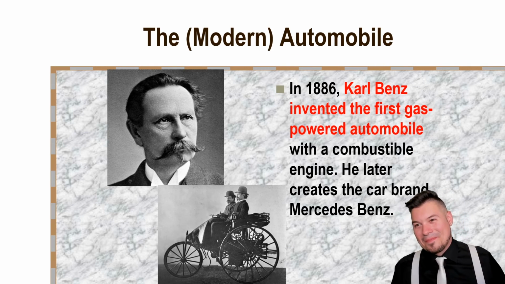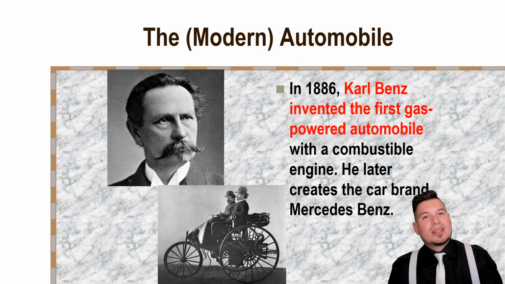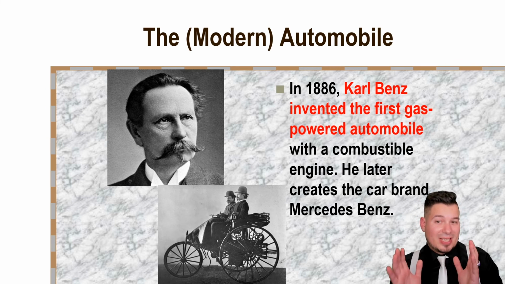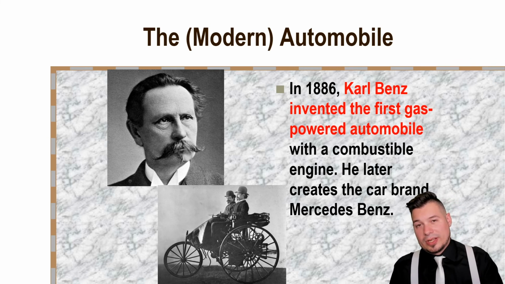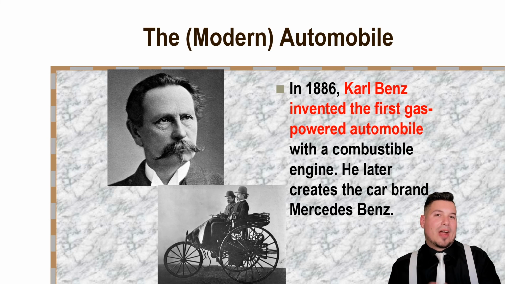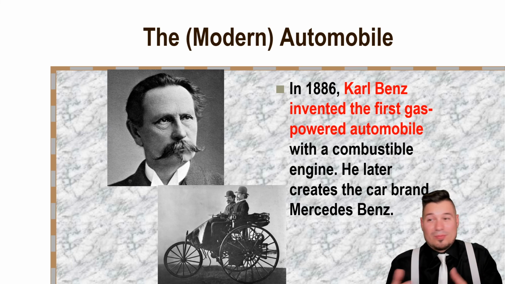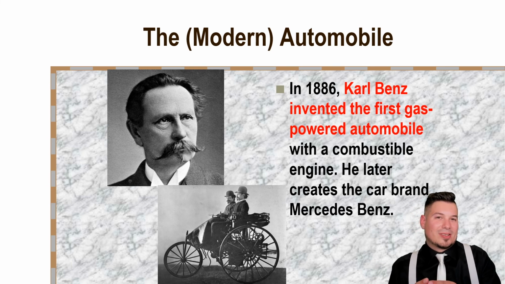It's all wireless now. We also have the first modern automobile during this time. 1886, Carl Benz goes ahead and invents the first gas-powered automobile with a combustible engine. Later, he's going to go ahead and make the car brand, Mercedes-Benz. It's interesting because this, what he called the horseless carriage, actually kind of freaked people out at first. But nevertheless, obviously it is the first modern automobile we see. Although he wasn't in the U.S., the U.S. is going to take this and go and make some of the best cars soon, as you'll see.